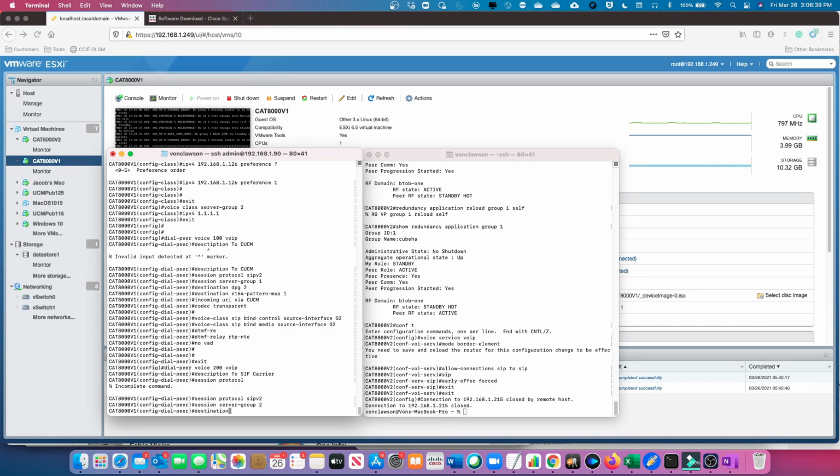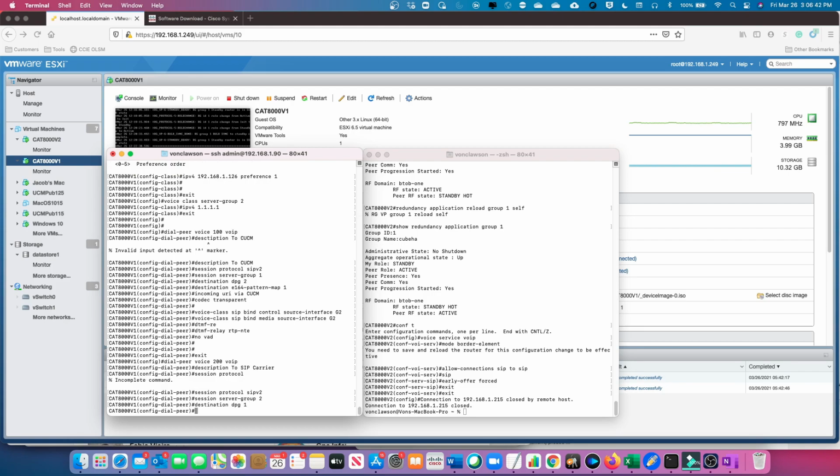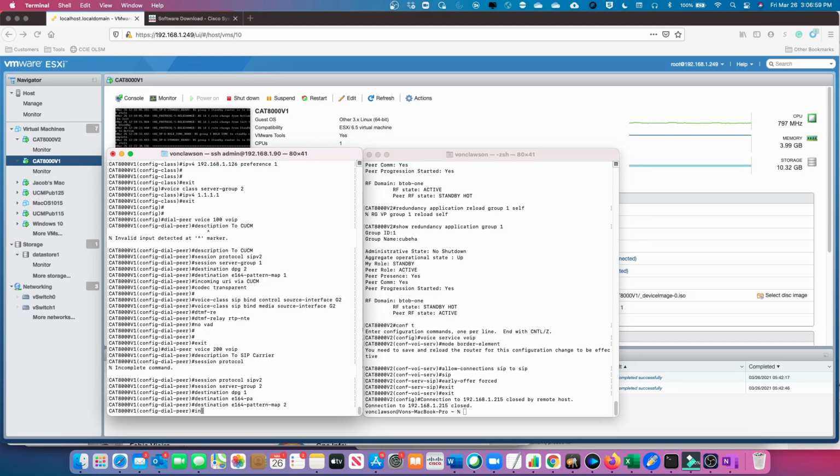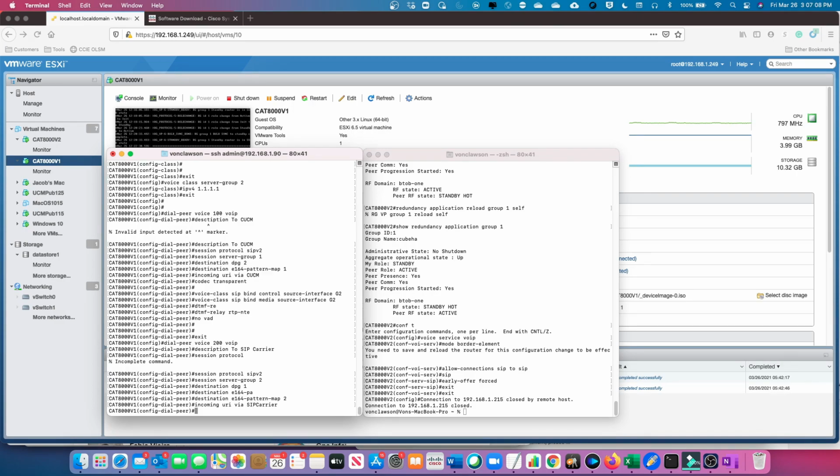We're going to say our destination DPG 1 for our DownPeer group, and destination E164 Pattern Map 2. Okay, now we're going to do our incoming URI via SIP carrier, which is how it was defined in the voice class. Again, we're going to do a codec transparent